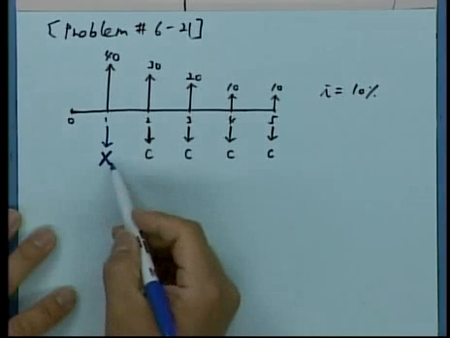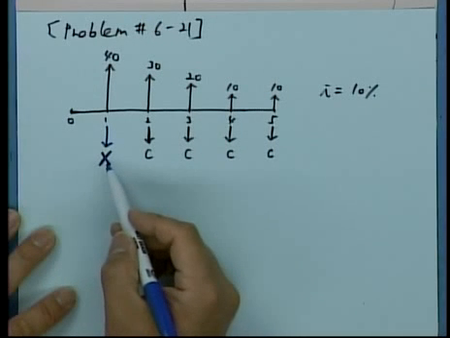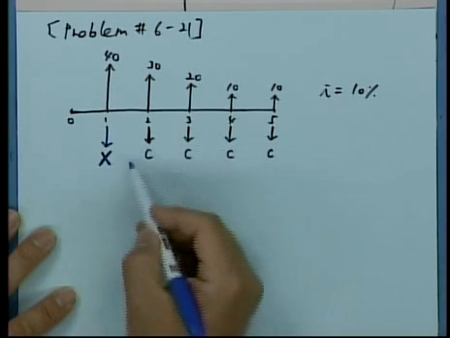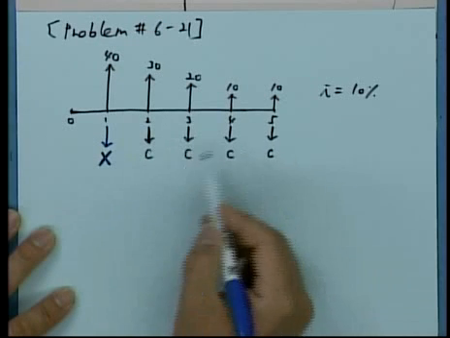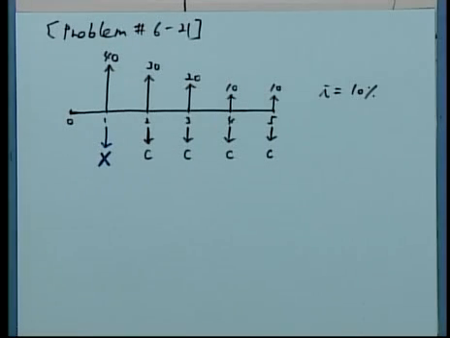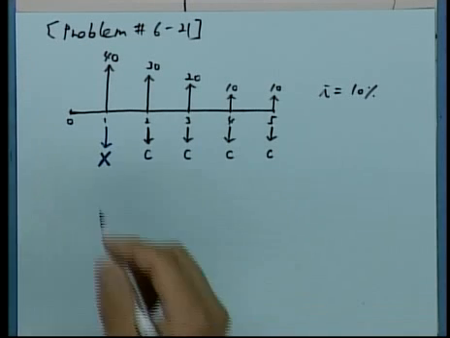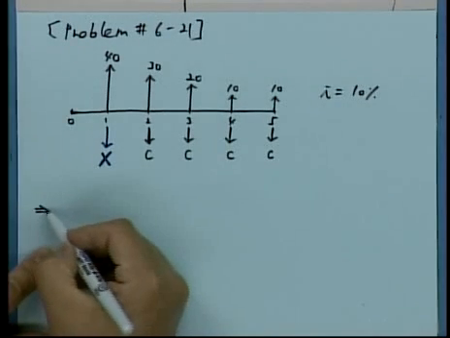And then convert X to an equivalent uniform series of C's. Okay? And here, the positive cash flows,